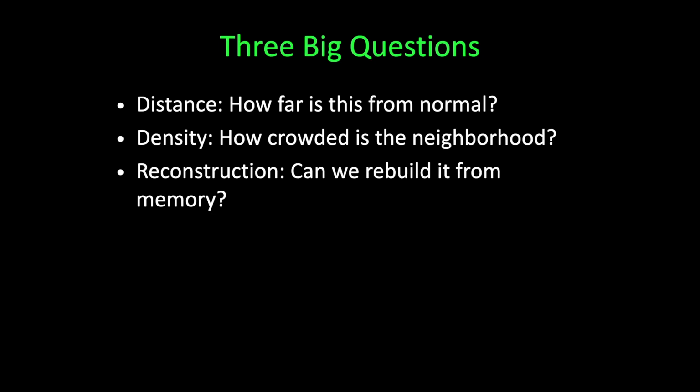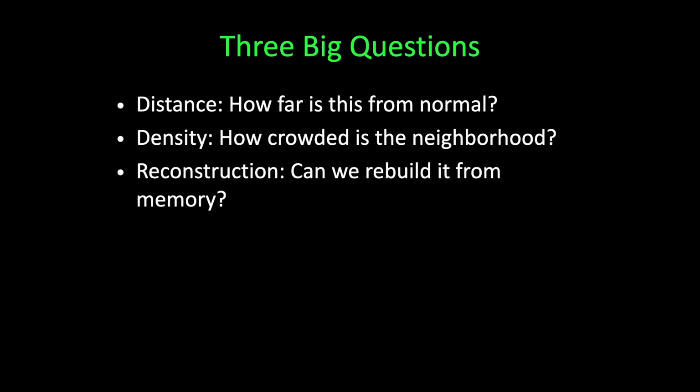Three big questions then. Let's introduce those big questions that frame our anomaly detection. And you really don't even need math to understand them, just plain intuition. First, distance. How far is this event from what we normally see? If most logins cluster around certain times and places and one login is way off, well, then that's a distance anomaly. Density is another question to ask. How crowded is the neighborhood around this event? If an event lives in a crowded cluster of similar events, it's probably normal. But if it's lonely, if it's far from any neighbors, it's suspicious.